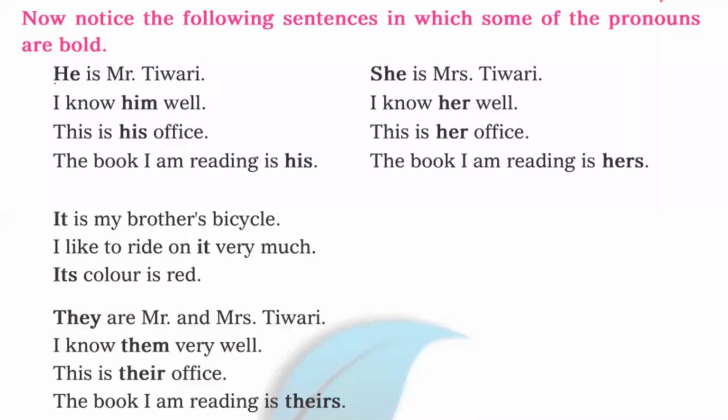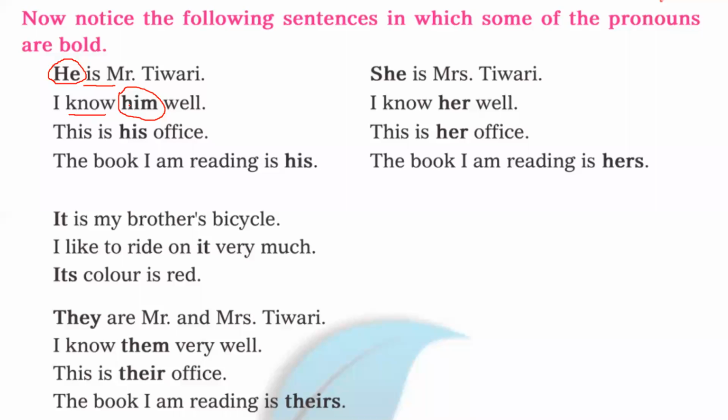So I have written here, he is Mr. Tiwari. I have written here he. Why not him? Because I need to write it as a subjective case. Before the verb, if you write any pronoun, that is subjective case. But see here I have written him. Why not he? Because I need to write an objective case pronoun. Clear? After the verb I need to write objective case, and before the verb we need to write subjective case.